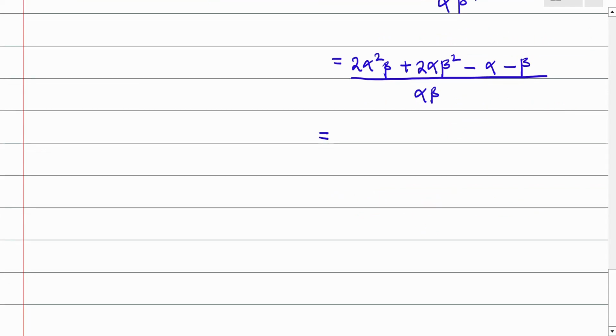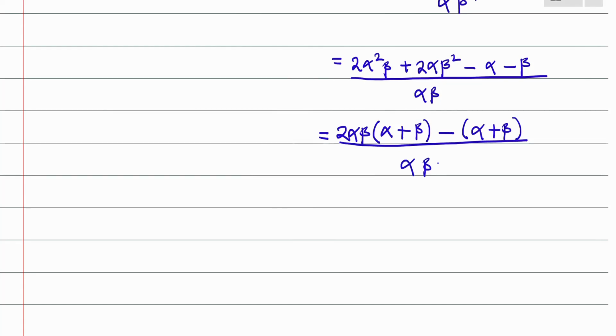So as you simplify further, you can see that here there is a common factor which is 2 alpha beta. So let's pull it out. We have 2 alpha beta into what's going to be left here, which is alpha. Then what's going to be left here is plus beta. Then here there is a negative which is common, so minus the alpha plus beta